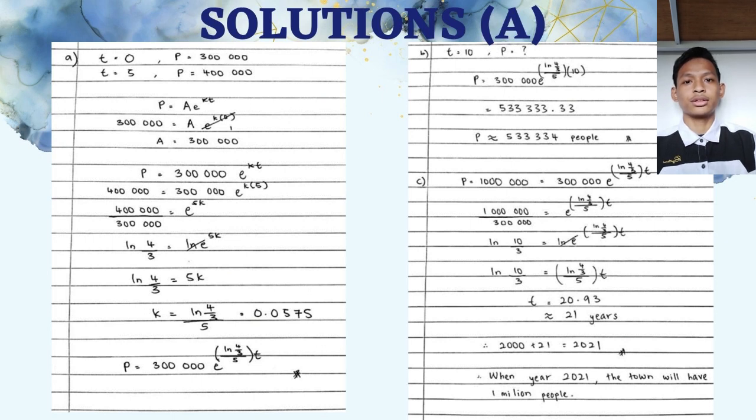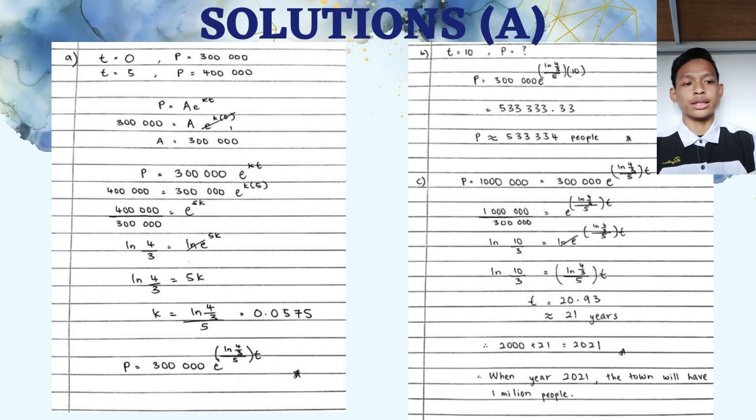And the question C, assuming the growth continues at the same rate, when will the town have 1 million? So at the question you get P equal to 1 million. So you just want to search the T in years, and just insert the formula P, 1,000,000 equal to 300,000 E power of ln 4 over 3 over 5